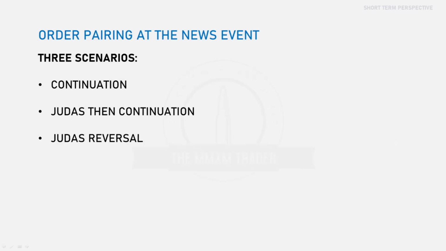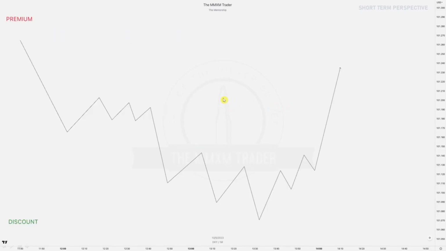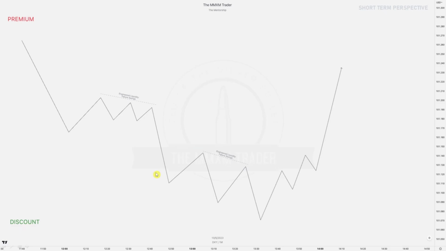So order pairing at a news event, there are three scenarios we can look at. We have that continuation, we have that Judas and then continuation, or we have a complete reversal, so we have a Judas reversal. So over here we've got a schematic of that continuation scenario, right? We've got our premium and discount levels. Going over here, looking where the liquidity is resting, right? We've got those engineered liquidity over here, failure swings, more failure swings,